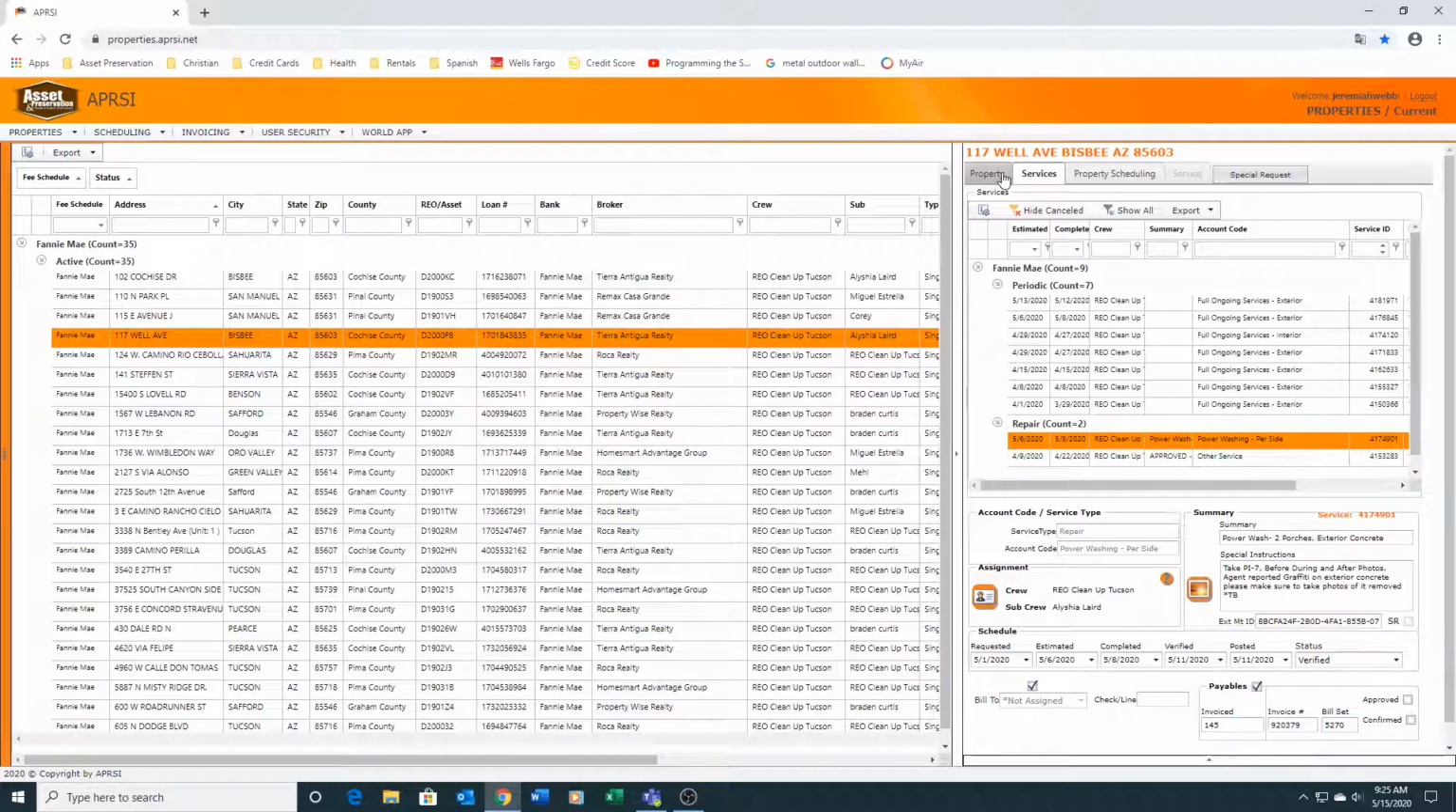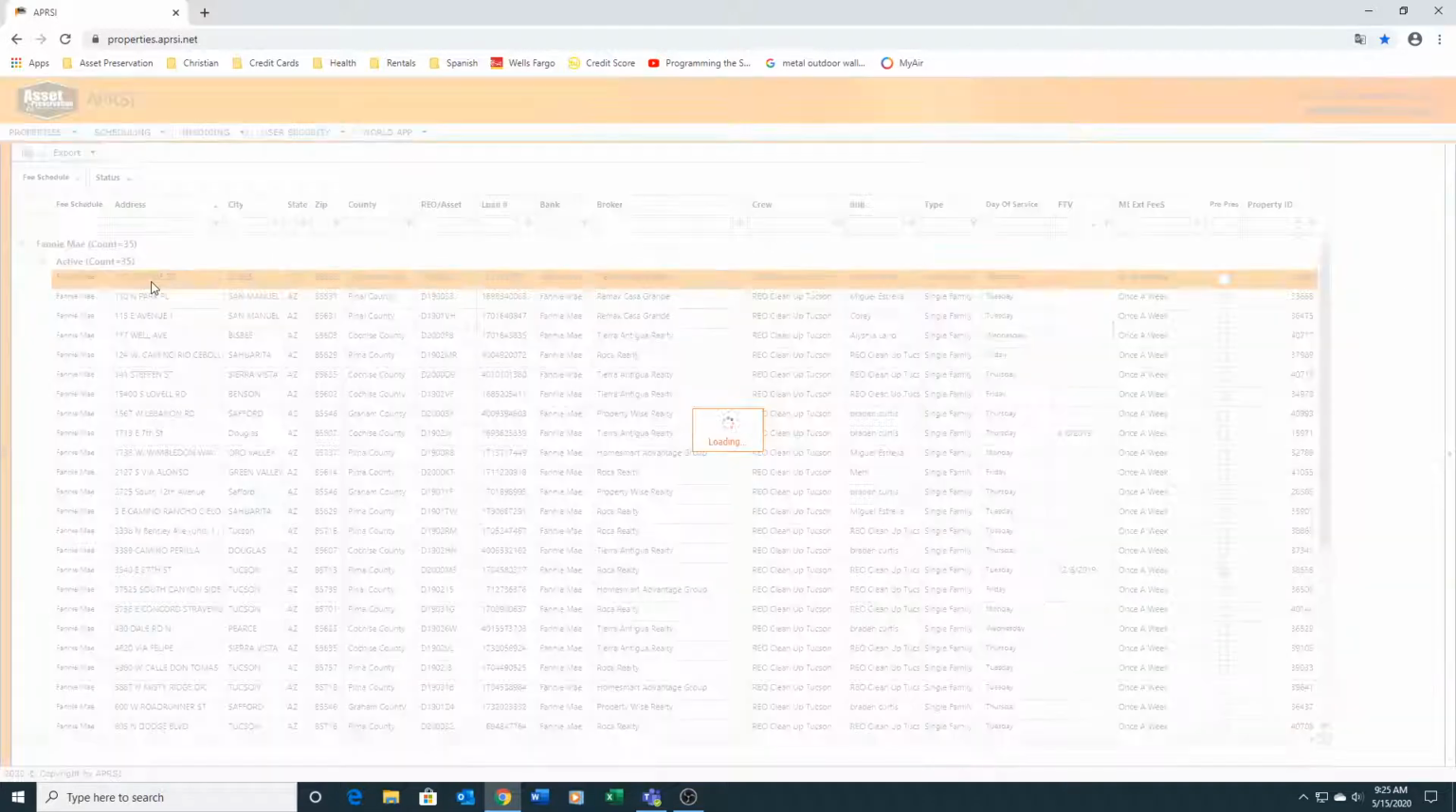I showed you the property tab. The services tab is a list of services. Once again, these are periodics, your ongoings. Here's your repairs. If I had initials on this property, it would say initials. Let's see, I'll grab another property and see if it has initial things that we've done there before. And so I can highlight this address,